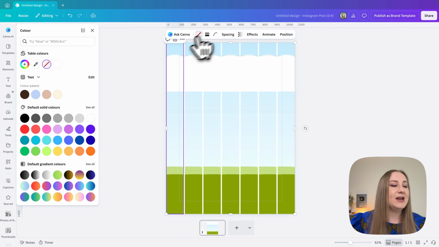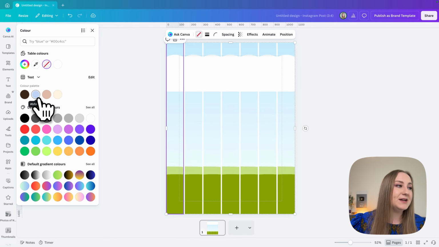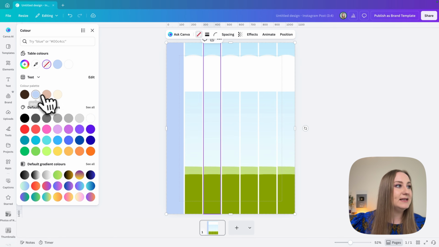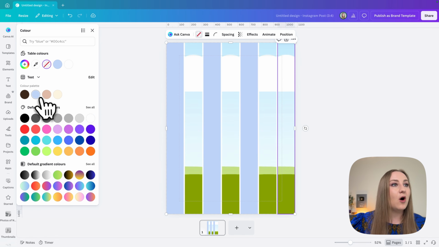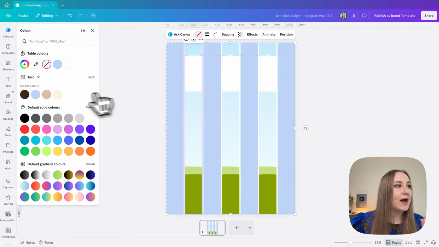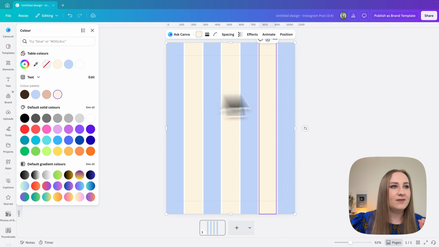Now, if I click in here, you can see my color palette is already here because this is my brand kit that we've just created very easily before. Now, what I want to do is to differentiate between these blue and light beige ones. And that's the reason why I went for an odd number of panels in here. And then I'm going to use this one as the overlay, as the background